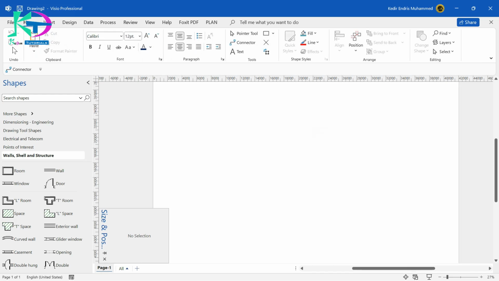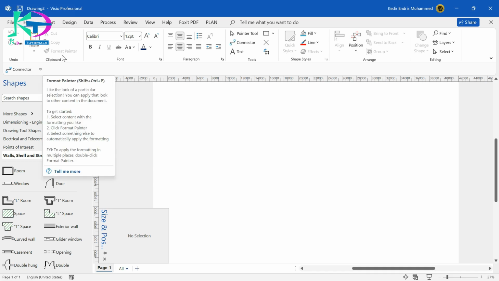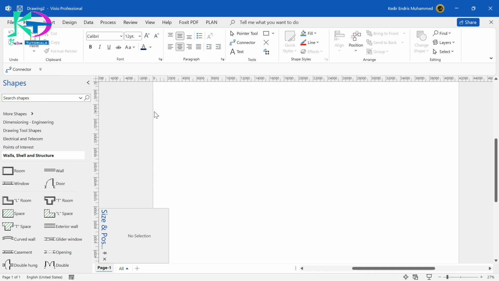Home holds undo and redo. You know this from previous work, that we can use the undo and redo effects. The clipboard holds paste, cut, copy, and format painter. Format painter is copying the existing format to another object. And the font group is easy,